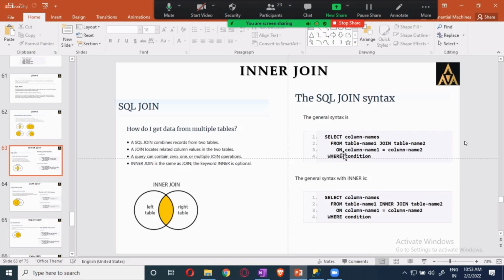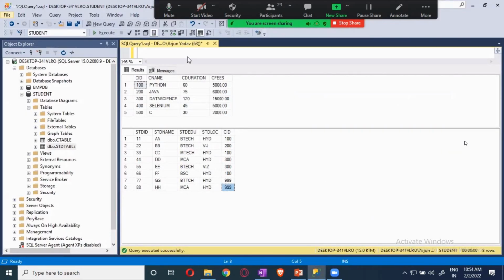And on, see the condition, guys. On what basis are you going to extract the data? Based on the common column, course ID. So both are having the course ID, right? Now you can't give it course ID equals course ID. You have to say that the left side course ID belongs to which table? That is table name dot course ID equals table name dot course ID. Then it is going to match. Okay, that is the way you have to give it. So this is like, you know, let me do this.